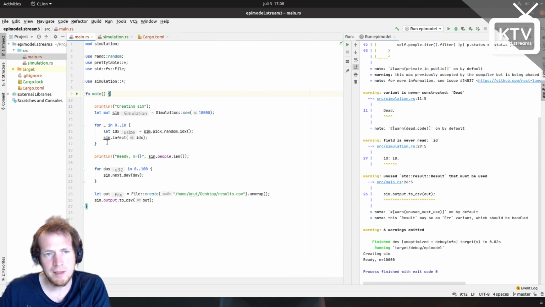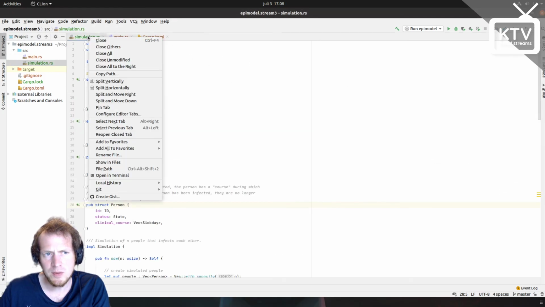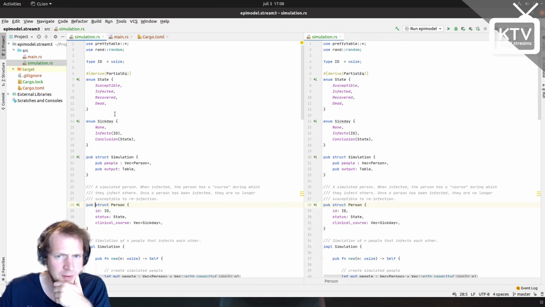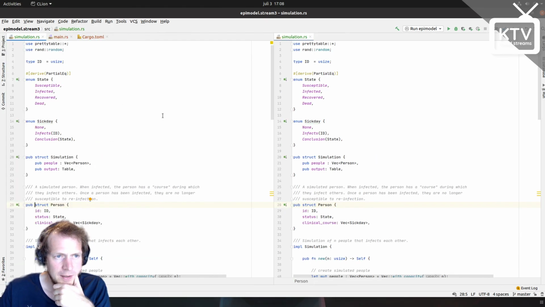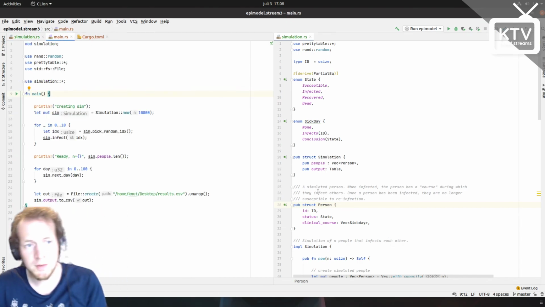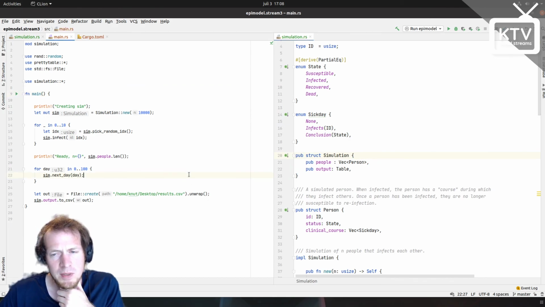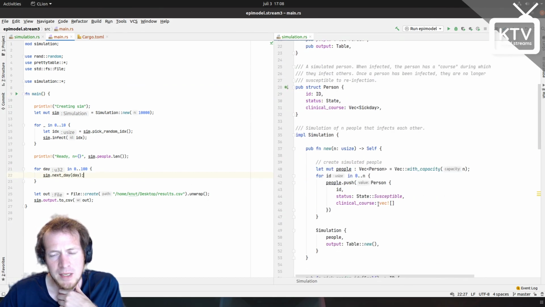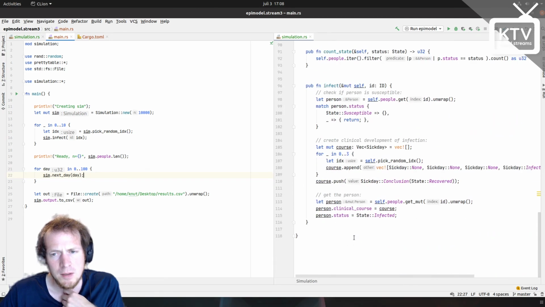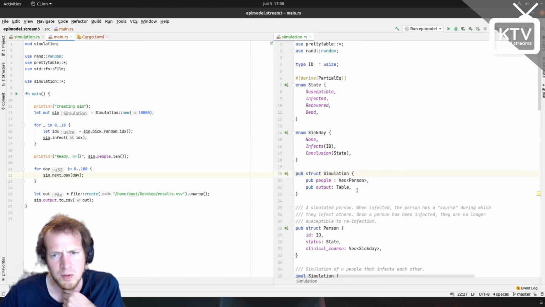So now we have our main file. Let's zoom out a little bit here. And we also have this simulation file. Let's see if we can split this view so we can see that in a separate vertical window? Yeah, we can. Okay, so we have these two files that are now the modules in our simulation. So I think for now, this is actually pretty good. We have achieved what we wanted with the exception of the multi-threading, and we also want to potentially move on to